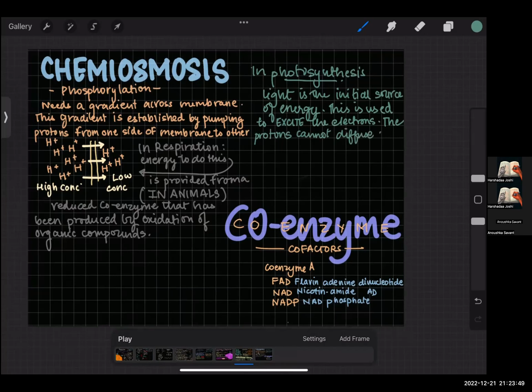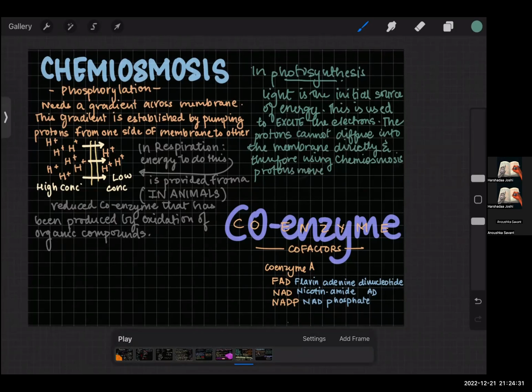Protons cannot diffuse into the membrane directly, and therefore, using osmosis, they move down an electrochemical gradient